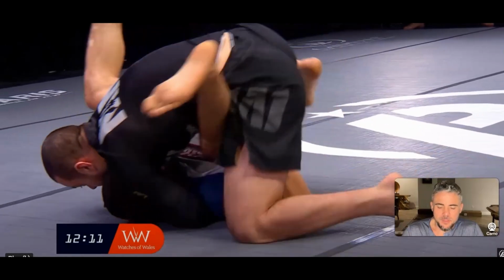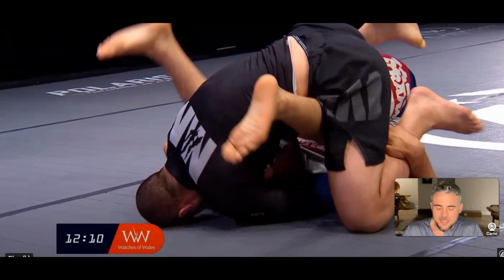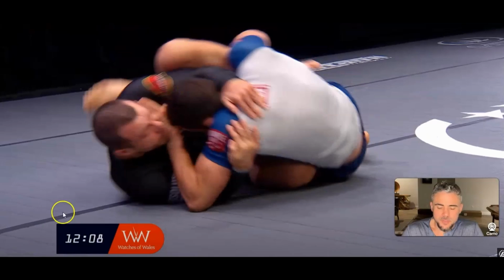Okay, so now Oliver, he's kind of stacking Oliver here. Oliver's going to start to spin. All right, so there's a big stack here. So this is actually pretty interesting. So Lachlan kind of went to a stacking position to kind of get Oliver over-committed to open the guard, and this is a good strategy because it can be rather difficult to open somebody's closed guard. But in doing so and opening the guard, Oliver was able to turn and get on top,